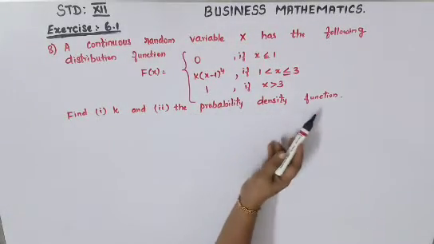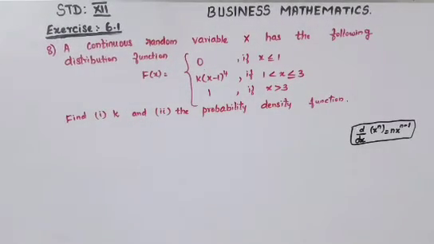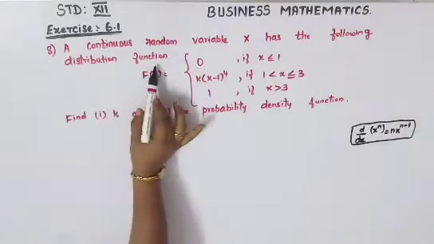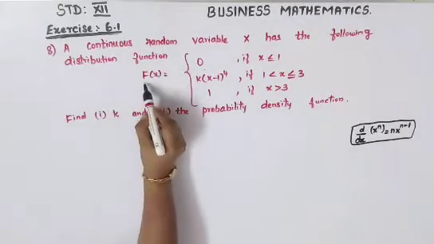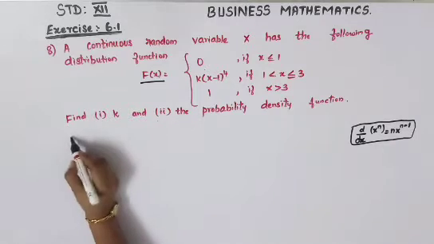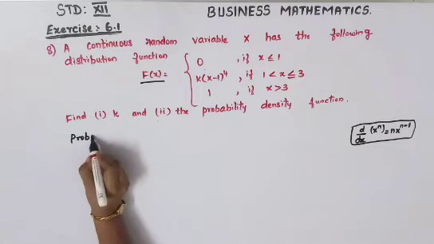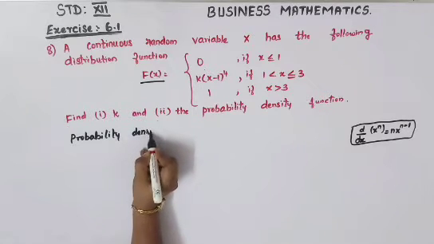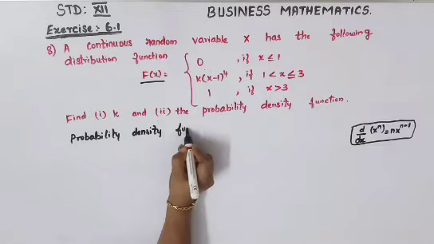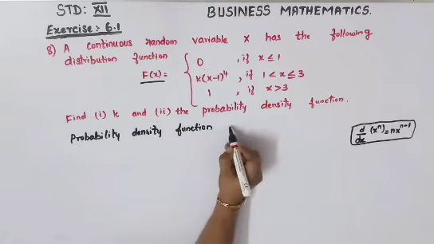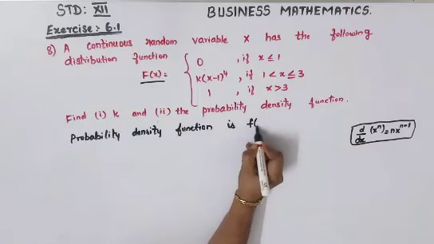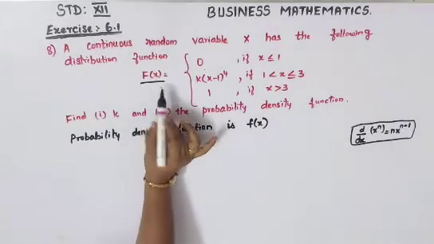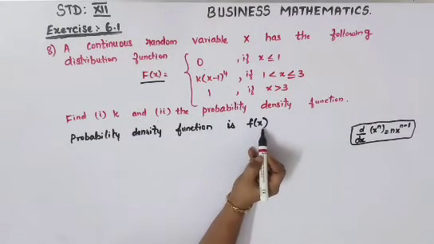And the probability density function, you have to find it. Okay, so they have asked you the probability density function, but the distribution function is given. Normally the distribution function is mentioned with capital F of x, and the probability density function is normally mentioned by small f of x. So just see your question carefully. Capital F of x is given, but we need only small f of x to proceed with your sum.